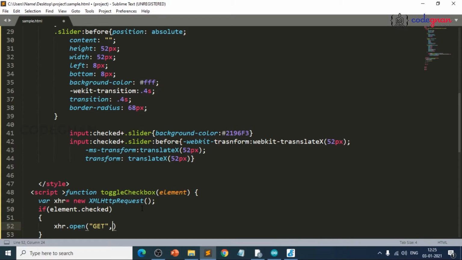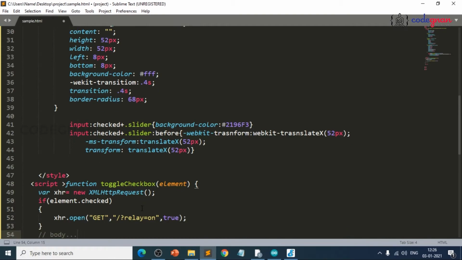So slash of question mark relay equals on, comma true, and if element is checked, else we need to write for another one.